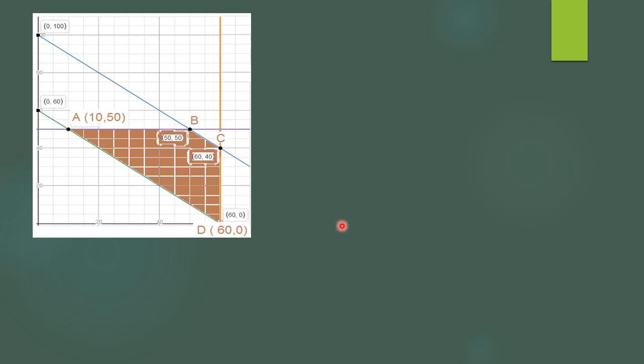This will be, when you shift on this side, it will be 0. And this is the first line, the region is below this line. Next was 0 comma 60 and 60 comma 0. So this was another line, and we required the region above this line. These two lines are parallel, but we required this below this line and above this line, and another line was x is equal to 60, then y is equal to 50. So the region bounded is less than 60, less than 50, and above.